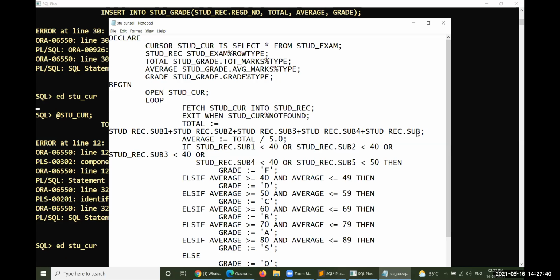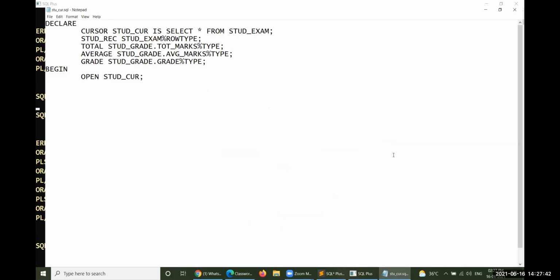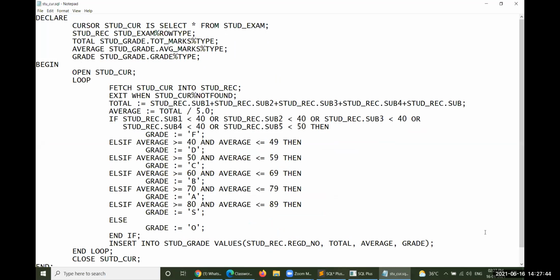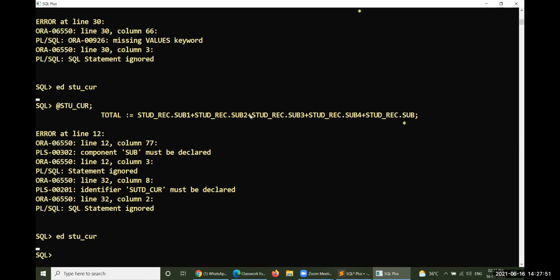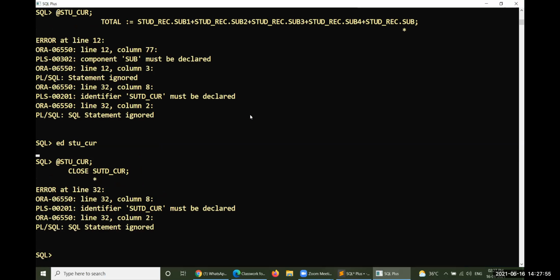Look at this. Where the problem will be: SUB5. Yeah, SUB5. Everything is correct. Yeah, everything is correct only. So let me execute one more time. Identifier STUD cursor must be STUD. Okay.